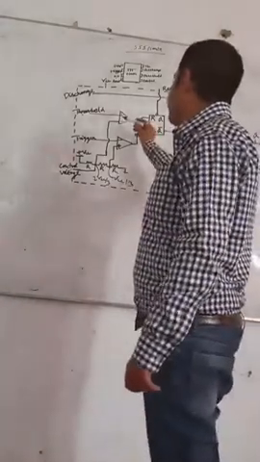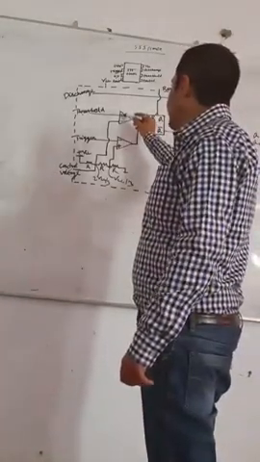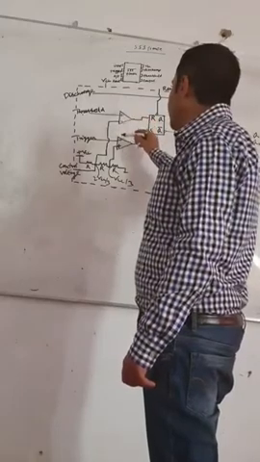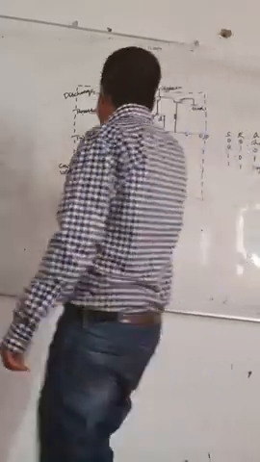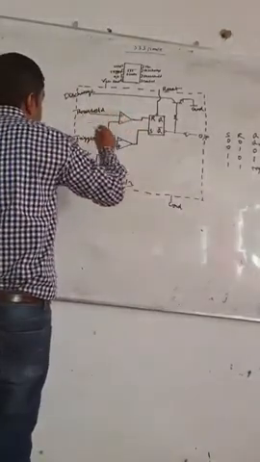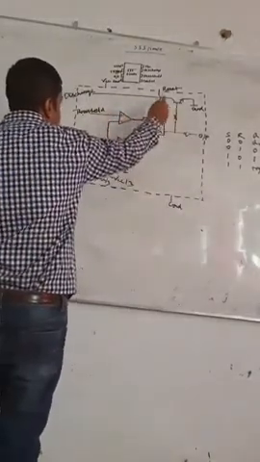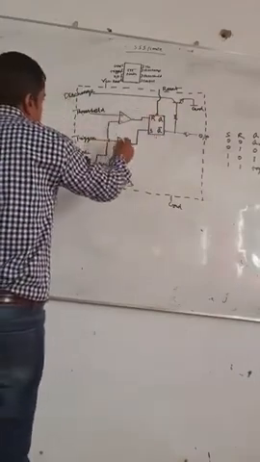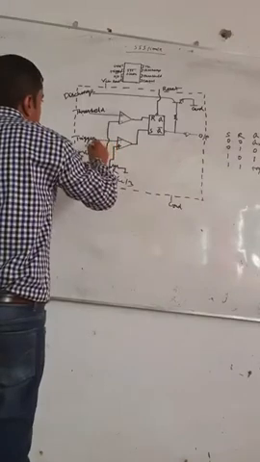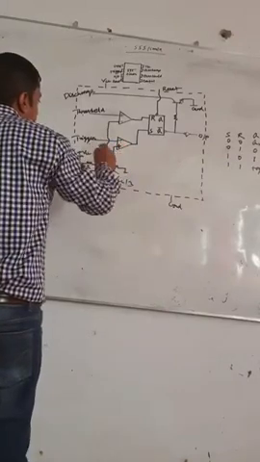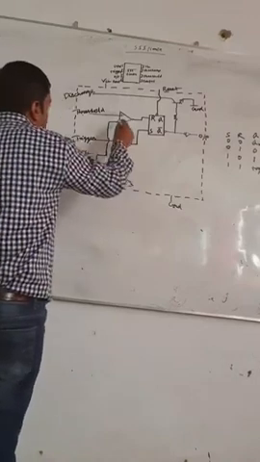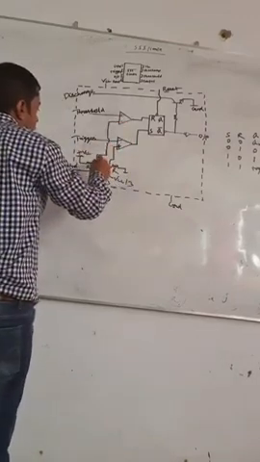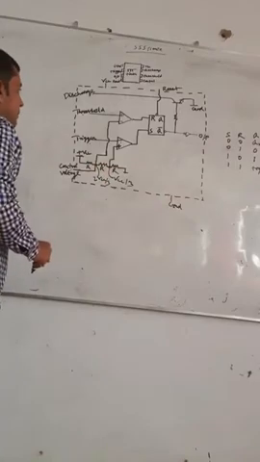Now you will have to understand the 555 timer's internal circuitry. The internal circuitry contains two op-amps. This is the non-inverting terminal, this is the inverting terminal. Here the non-inverting terminal is connected with threshold. There is a discharge transistor, a BJT, bipolar junction transistor, connected with the discharge terminal. Here the inverting terminal is connected with trigger, and the non-inverting terminal is connected with VCC by 3 through 3 resistances R, and here the inverting terminal is connected with 2 VCC by 3 through 3 resistances, again R.